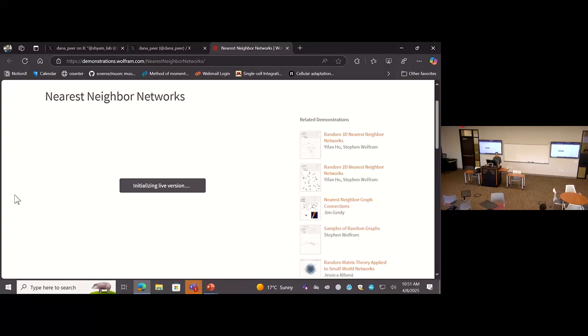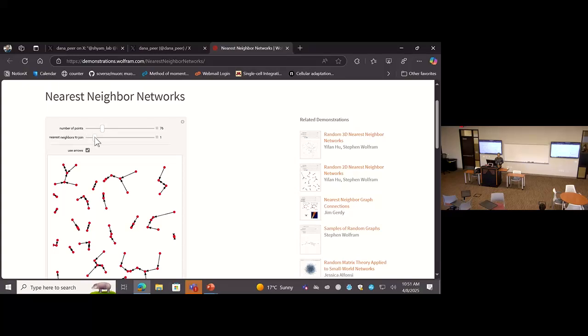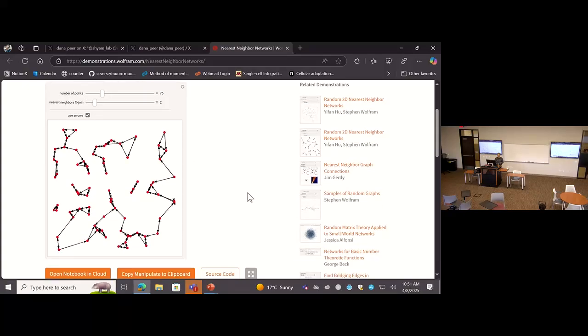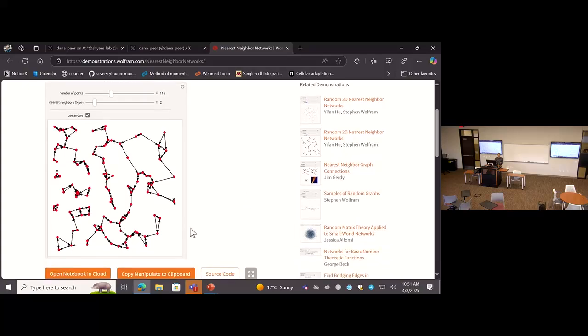So this is a small Java-based online demonstration to build a nearest neighbor network. It shows you when you select different k, you get different results. So you can simulate the number of points. You randomly generate a number of points, then